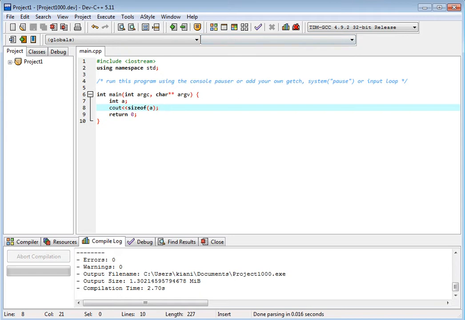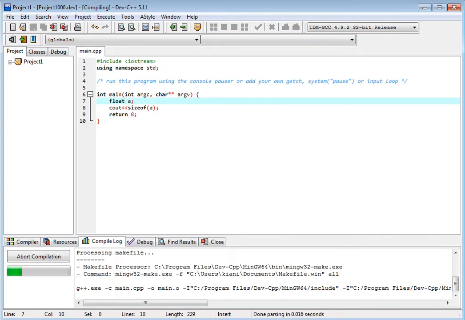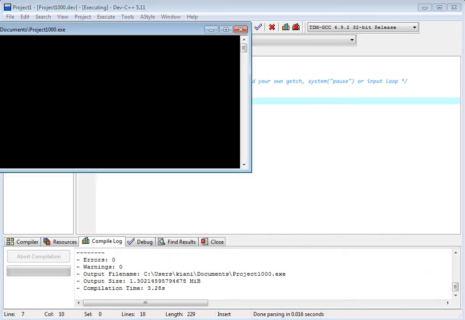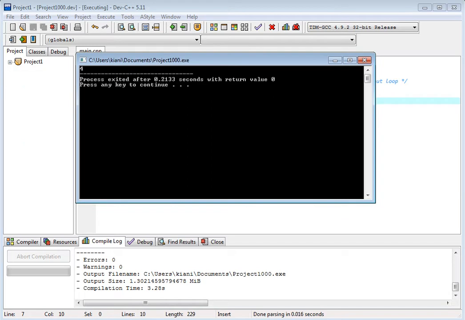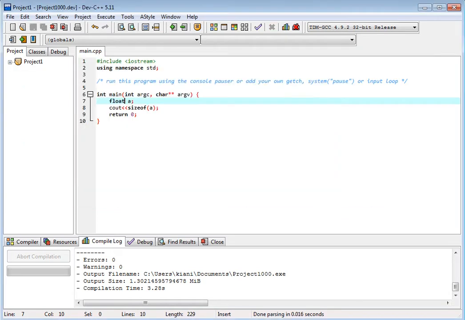If I change the type of the variable to float and I compile, okay, this is 4. If I write double, then it will print 8.